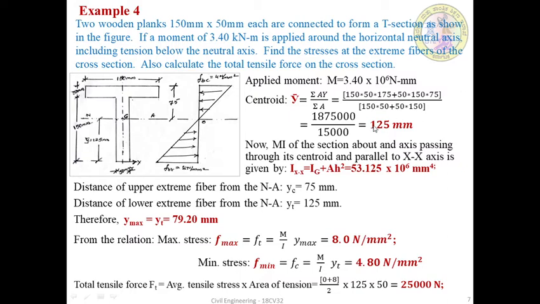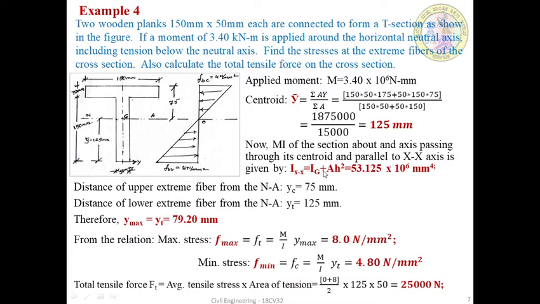From the first principle that we already studied in engineering mechanics, we got the value as 125 millimeters. So next, draw a line at a distance of 125 millimeters from the bottom x-axis, that is the centroid, and draw a horizontal line. That line is the neutral axis. Now we have to find the moment of inertia about an axis passing through its centroid and parallel to the x-axis by applying the principle Ix is equal to Ig plus A into h square.